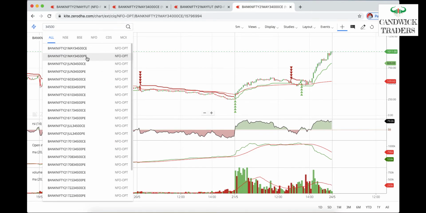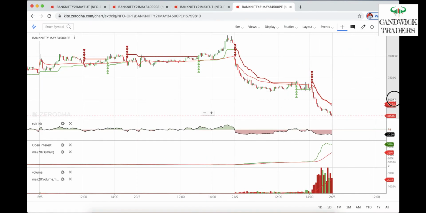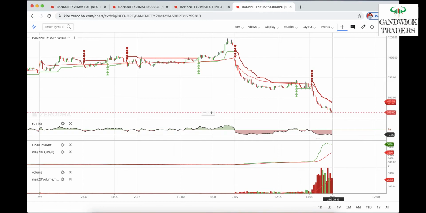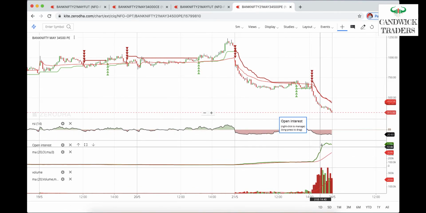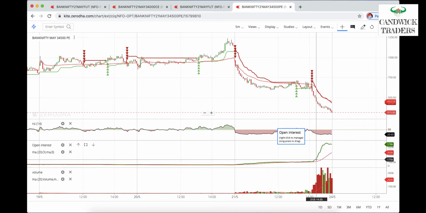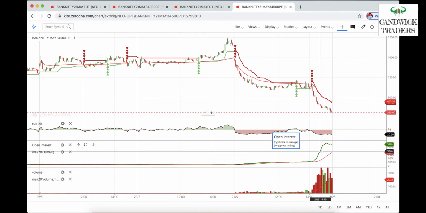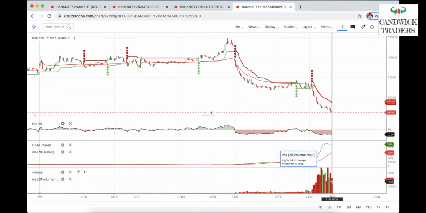34,500 put on the same day. See, the reverse is happening here. Okay, if you see, RSI is down and the open interest is continuously going up, and in the reverse condition, guys, the moving average should be below, right? It is above. That means sellers are actively writing on these calls. Sellers are actively selling these puts actually. So that's why, and you can see the volume also in red.